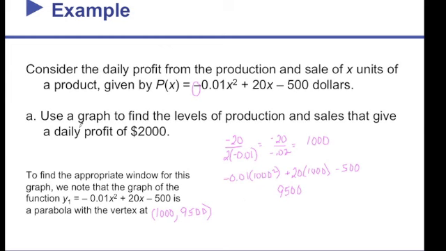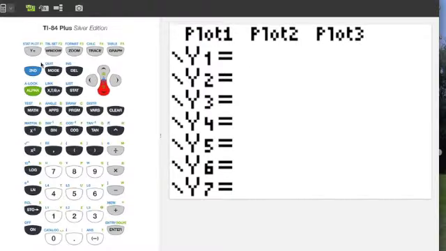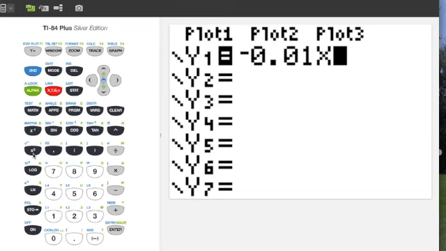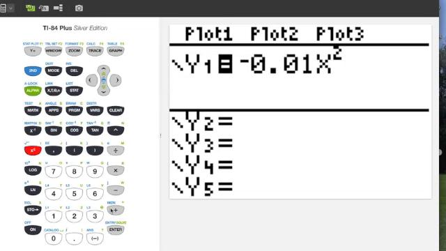We're going to make a graph. And remember, we want daily production levels of 2,000. So an appropriate window probably will go 0 to, this is the vertex, so we'll at least want to go to 2,000 and double that, and this will be our high point for the window. Since we want to graph the equation, we'll do y equals negative 0.01 x squared plus 20x